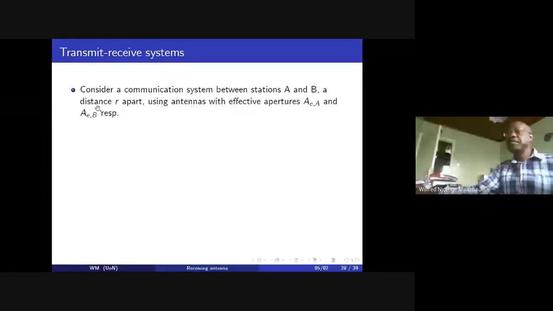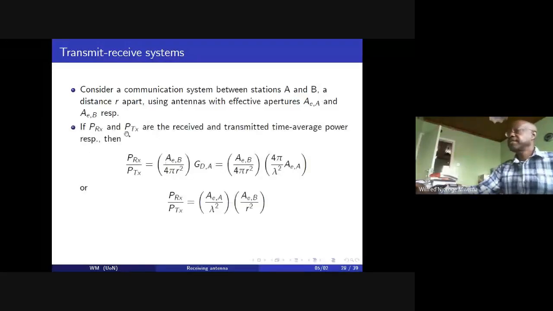So they are spaced at distance r apart, and they are using antennas with effective apertures A_eA and A_eB respectively. So if we take P_RX and P_TX as the received and transmitted time average power respectively, then we see that the ratio of the received power over the transmitted power is going to be given by what we saw before